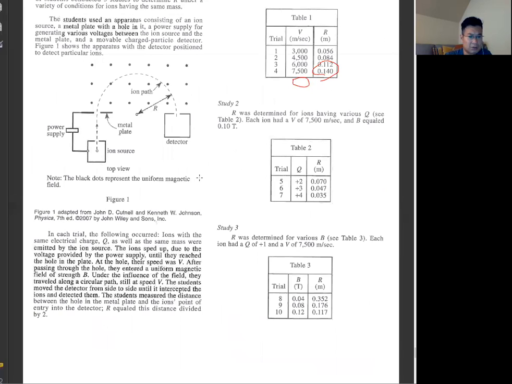So something that we have to find is the iron and the Q value. It also gives you trial 6, and trial 6 we can find from here. Okay, so Q is +3, and then R is 0.047. And then,